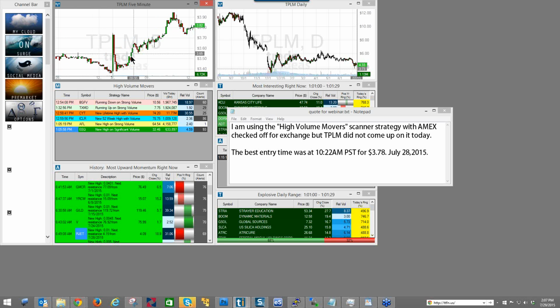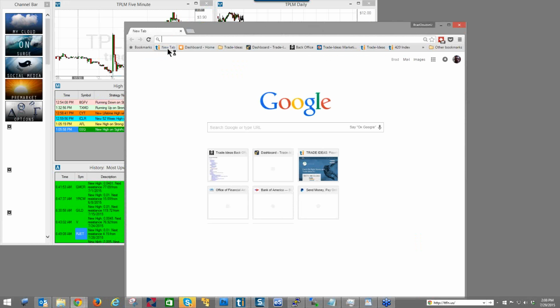Yep, very important. So this gentleman right here identified this particular stock at 378. That's this candle right here as it started to break out and make a new high. So what I want to do is I want to know what characteristics were present in this particular stock at this particular time so that I could figure out which filters and filter values I should put in to identify a move like this and see if there was really anything interesting about the move. So the first thing that I would do, and let me just open up a browser page and bring it here, as I go to our website,